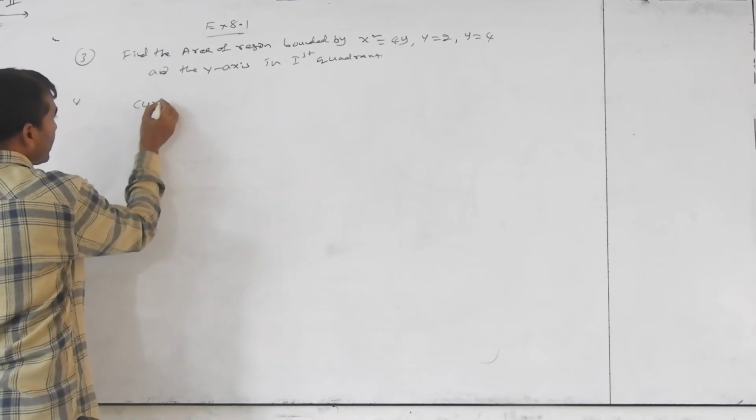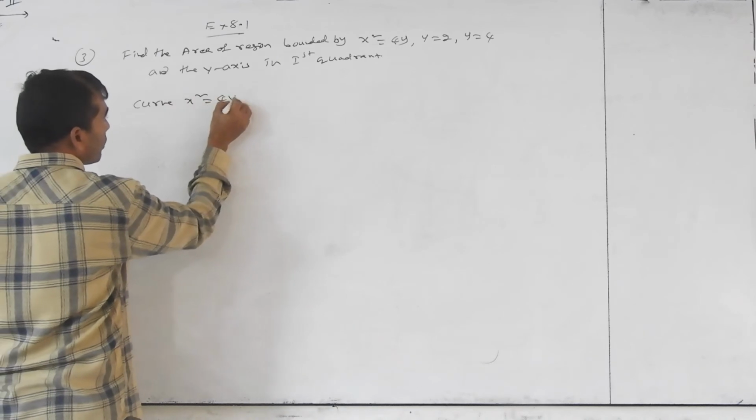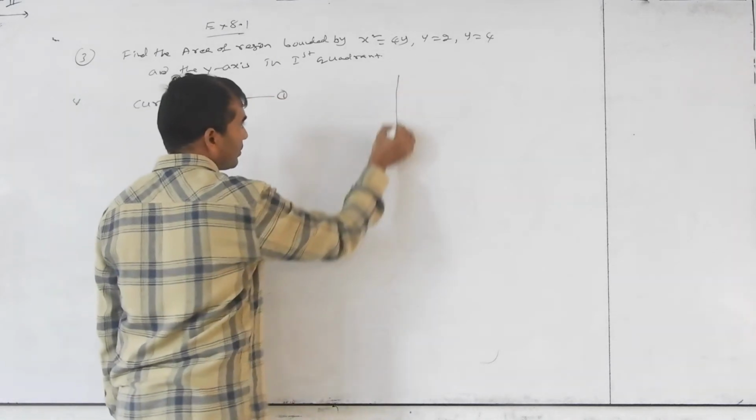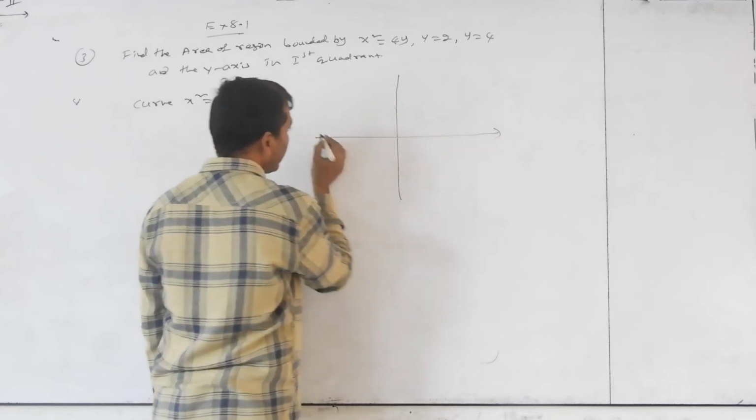But the given curve is x square equal to 4y. Tell me, x square equal to 4y is a parabola, which is open